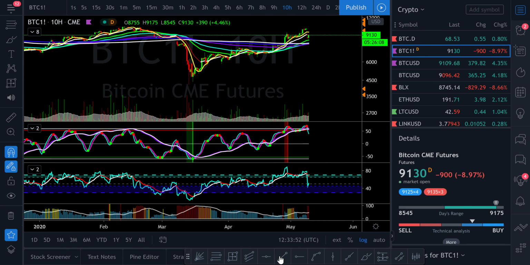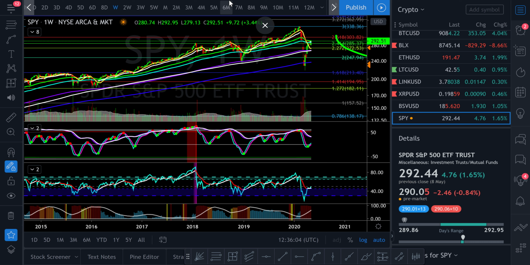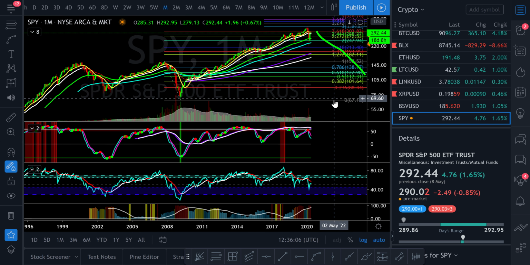But yeah, looking at Ethereum, looking pretty rough, a lot rougher than Bitcoin, and then S&P 500 down after hours. So yeah, if the S&P is going down, Bitcoin should follow. And another thing I was looking at here is on the monthly chart,